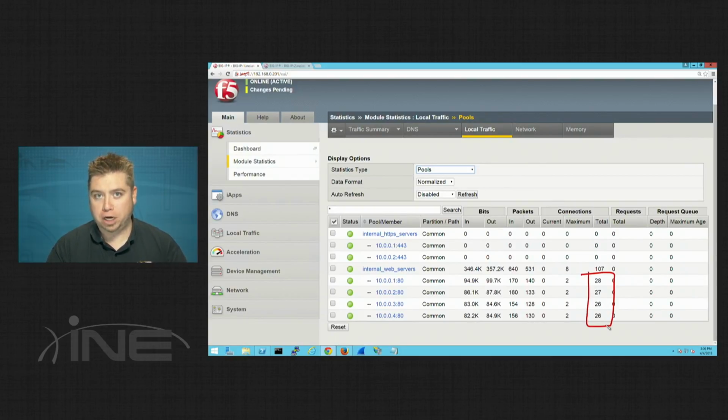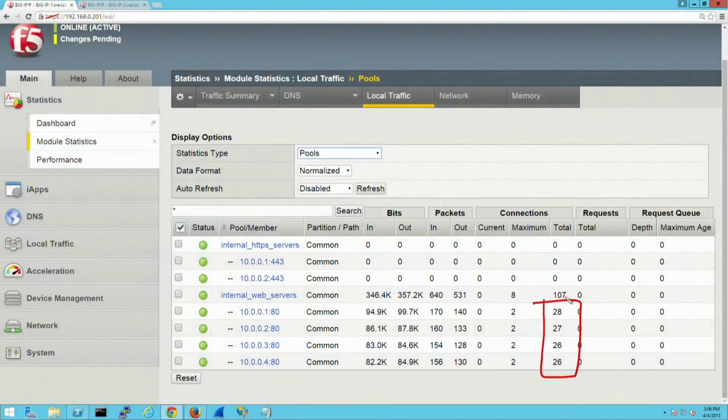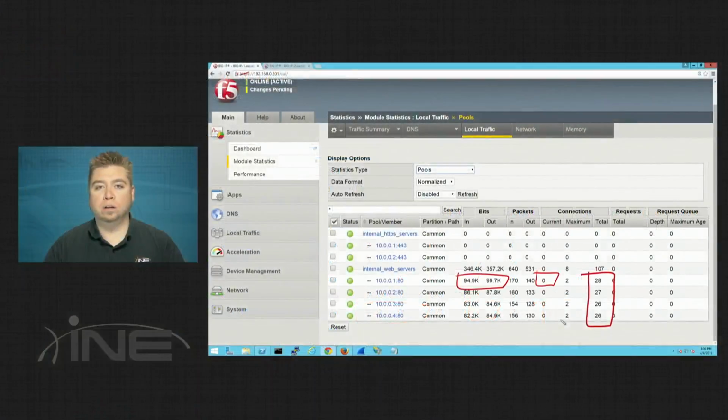It's not a disruptive change. So in your real deployment, if you're not exactly sure which one you need to choose, you can play around with these to see where you get a little bit more equal distribution, not only on the total number of connections, but you may want to look at it based on the bandwidth or based on the current active connections, because it really depends on not only the physical resources of the servers, but